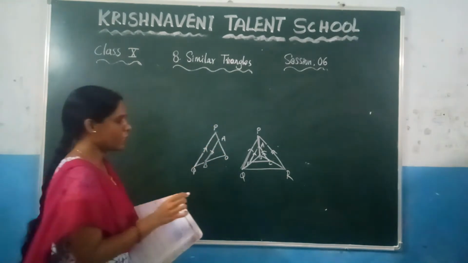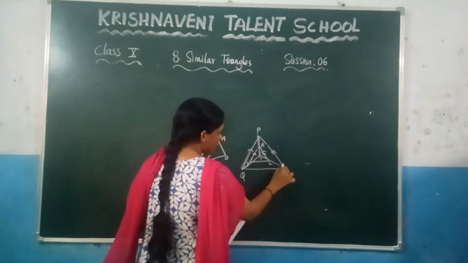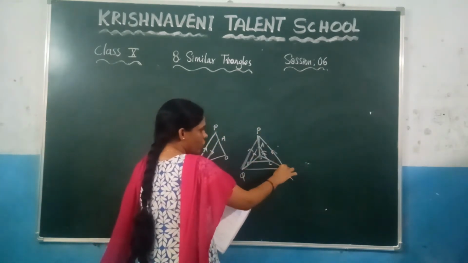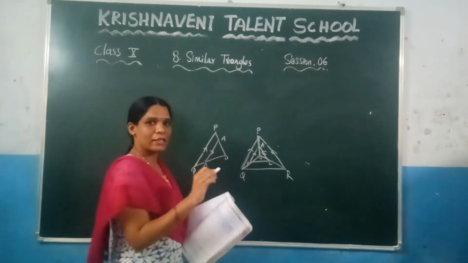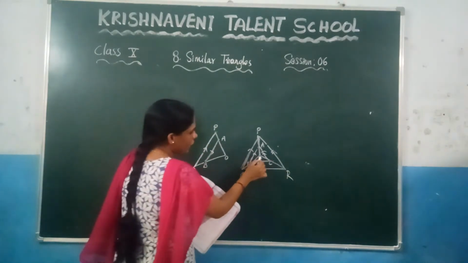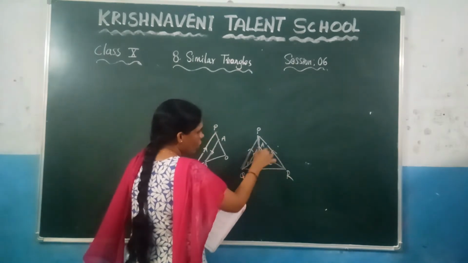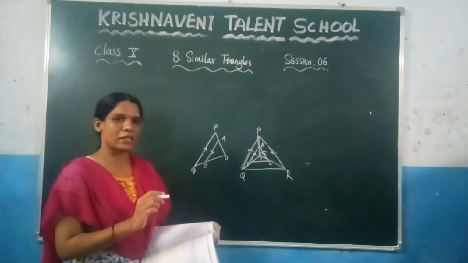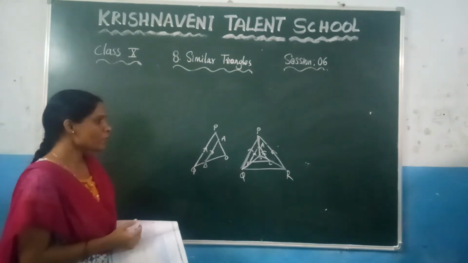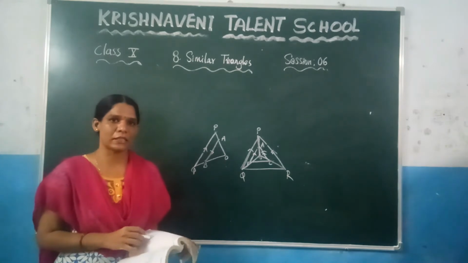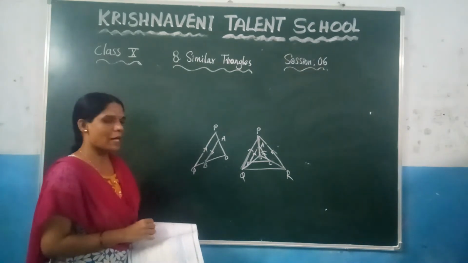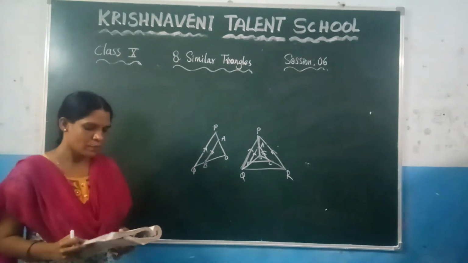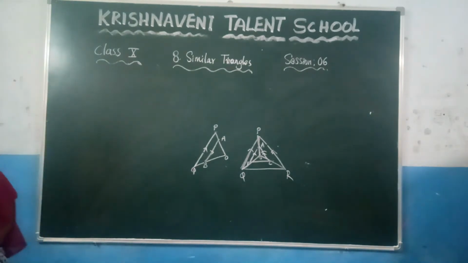Similarly here you can choose this right side triangle, so that you will get AC is parallel to QR. If you choose this triangle, you can write the basic proportionality theorem as OC by OR is equal to OA by AP. So by equating these two equations, you will get one more equation, and again by the converse of the basic proportionality theorem, you can prove that BC is parallel to QR. This one you can do as homework. If you have any doubts, you can ask. Now see the 8th question.